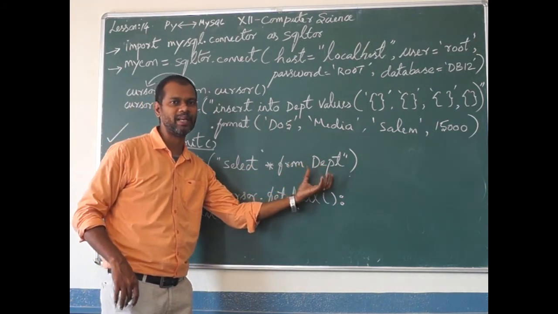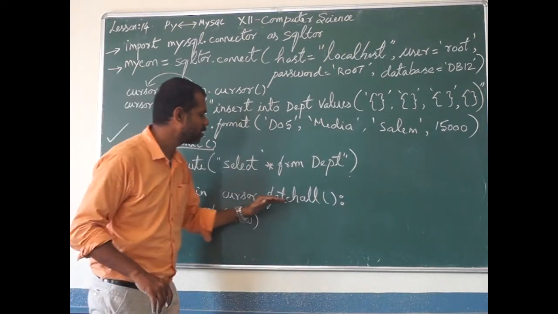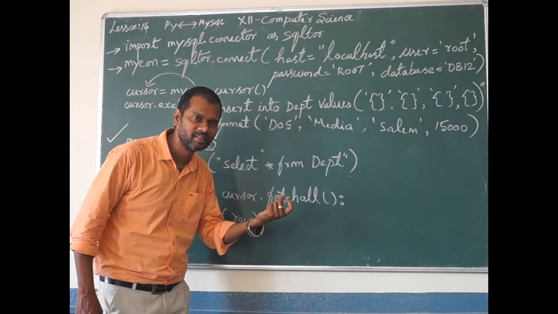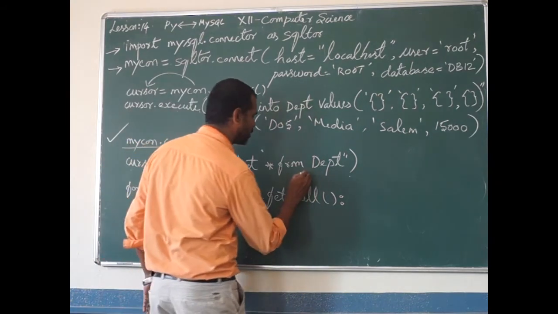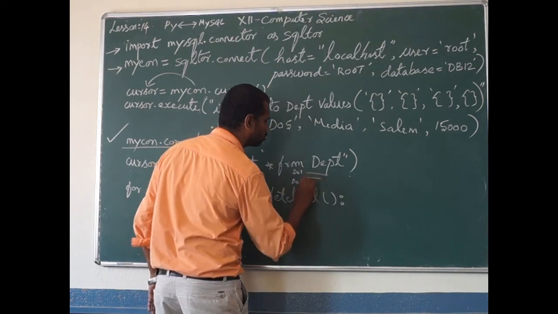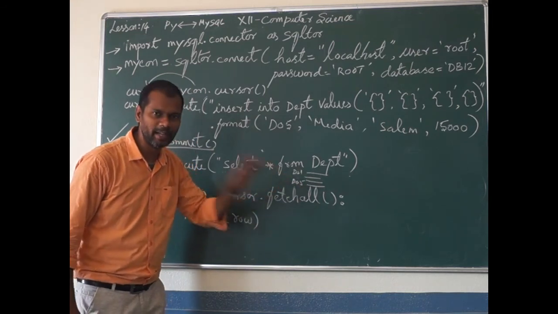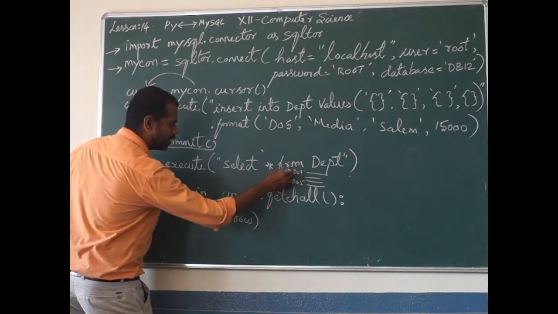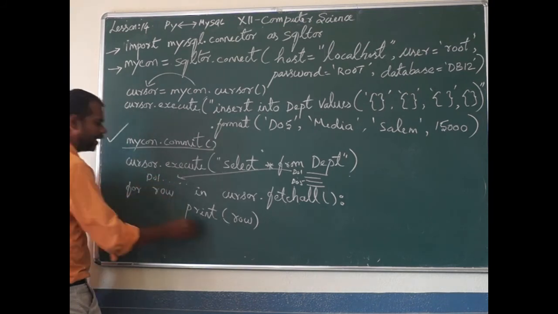That is, the complete dept table is ready. Okay, fine. Then for row in cursor.fetchall. That means how many rows are there in the dept table? Since we have inserted now, 5 rows are there. So fetchall means now D01 to D05, all the rows will be there. We have given fetchall, so all 5 rows will be ready. Now the first time it executes, it will receive the D01 line. Then it will print the row.